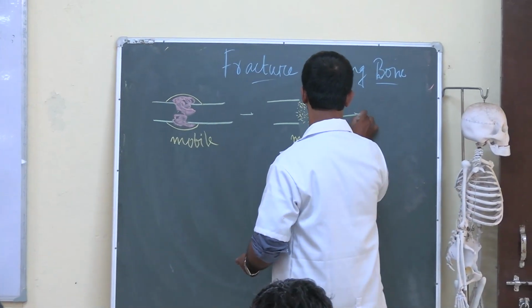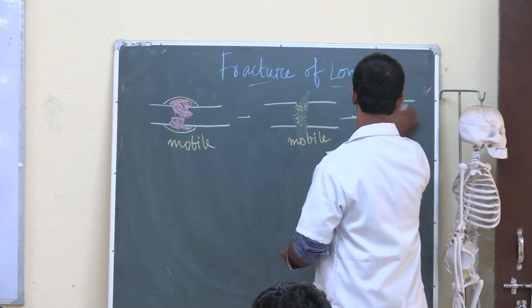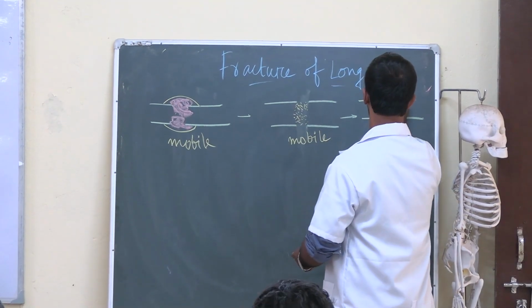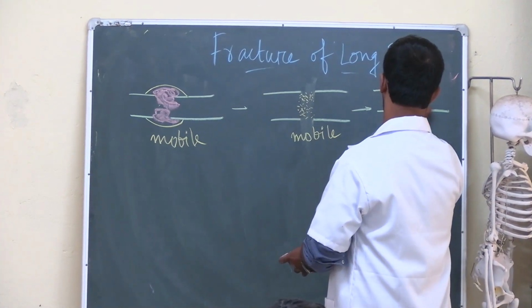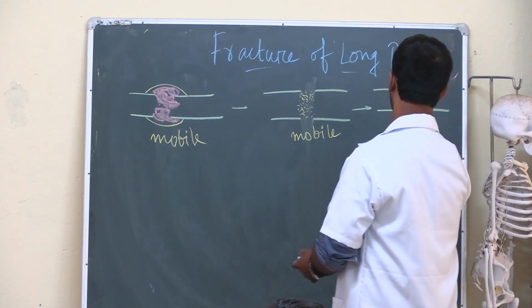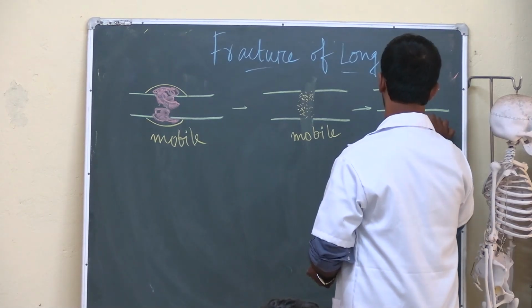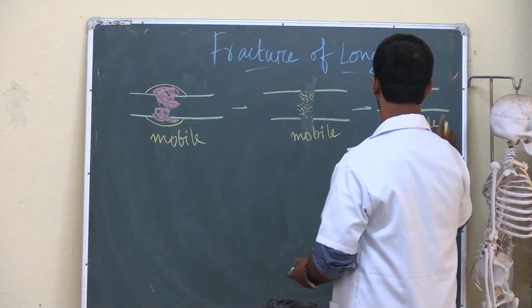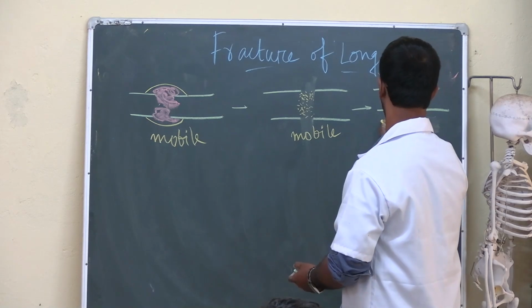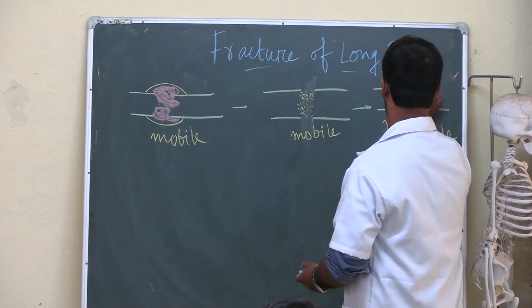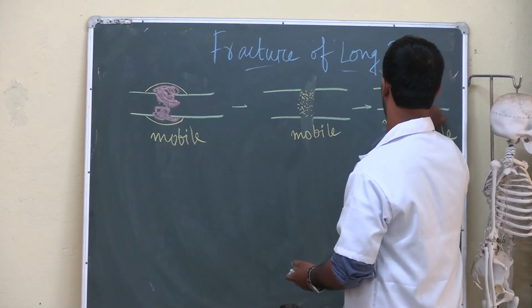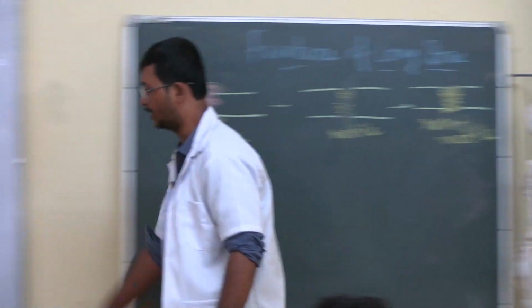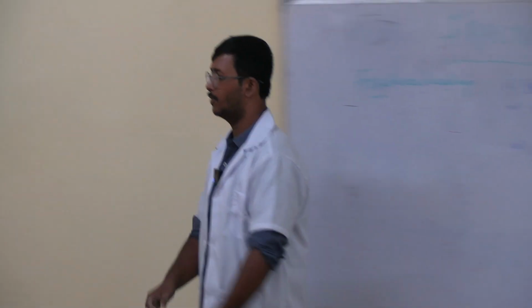Okay, this callus stage will look somewhat like this. You will see that there is bony formation, but it will be an immature bone, and obviously it will also be mobile. The callus bone usually is non-mobile. Here you will see that the bone starts to mature. Okay, like this. Then comes your stage of